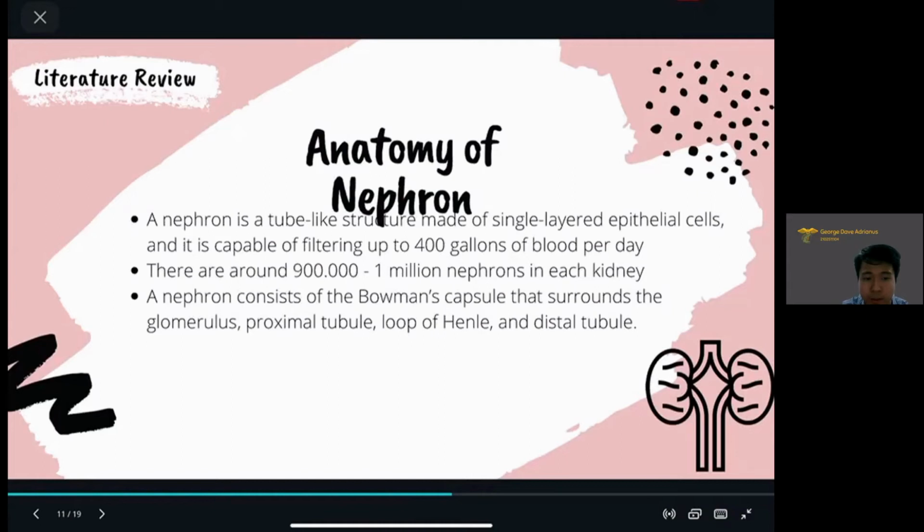Next is the proximal convoluted tubule, which extends from Bowman's capsule to the proximal tubule straight portion. It's located in the medullary ray of the cortex and extends to the outer medulla. PCT contains the S1 segment and the initial part of S2, while the straight tubule contains the late segment of S2 and the entire S3.